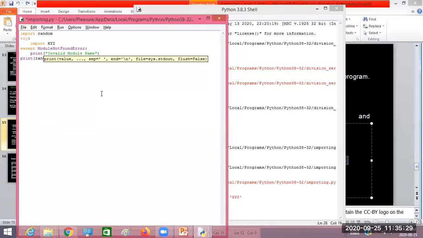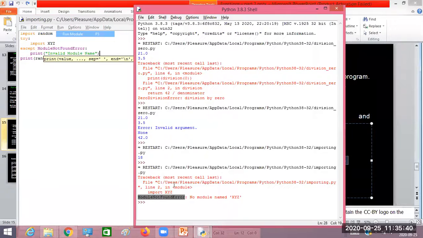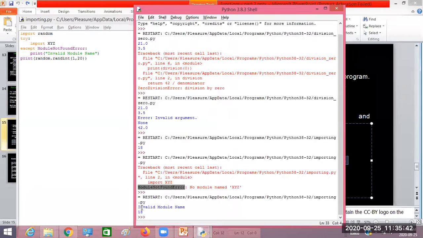If it is available, then it will import the module. If it is not available, then it will throw the error message, and the further part of the program will be continued. Look into here now. For xyz, we got the invalid module name, then the output from the random module. Did you get this one now? How to handle the errors?